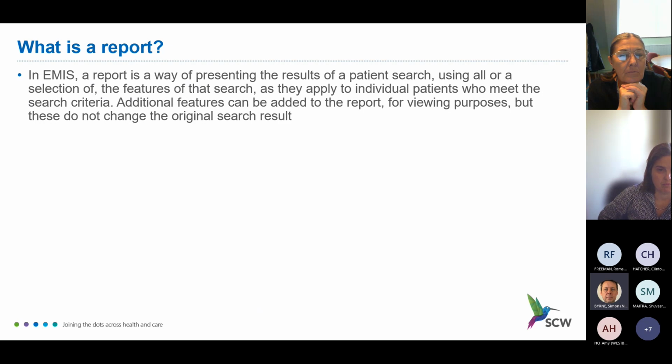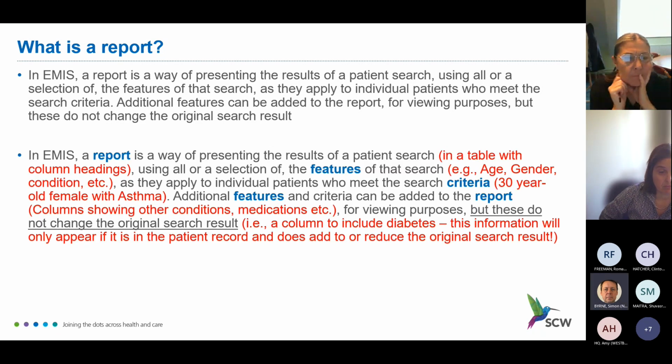You can use all of or parts of the features of the search, but as they apply to individual patients who meet the criteria of the search. So it's more of a way of presenting the results of a search. You can add additional features to the report for viewing purposes, but those features that you add will not change the search result. Okay, and like I did with the search, I've added a bit more to that definition